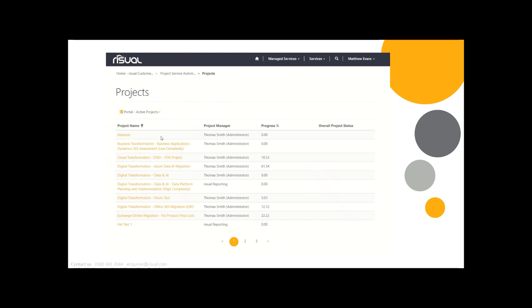Great, so as you can see now, I've got a list of all the projects I've got access to, and we get a list of the managers, the progress, and the overall project status. So we can then click into each one of these projects to gain a better understanding of it. So if I click the cloud transformation, for example,